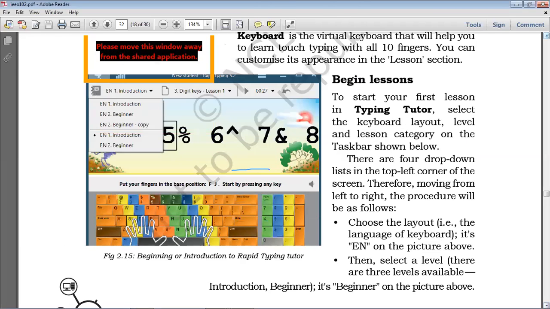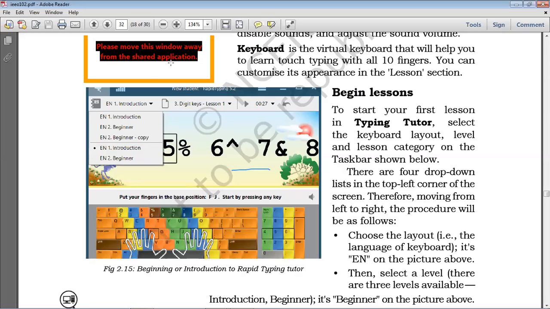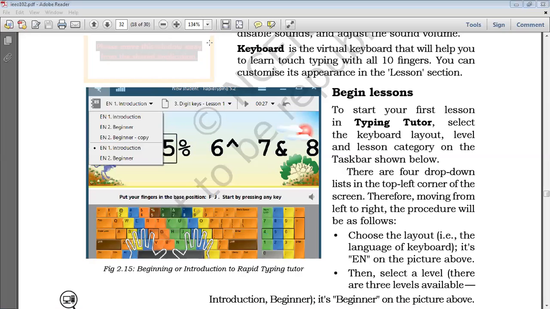As you can see here, this is the top left corner of the window, and I'm talking about this one, this one.